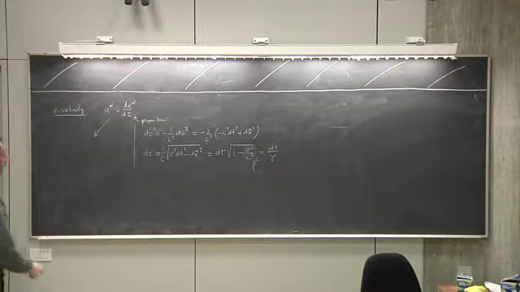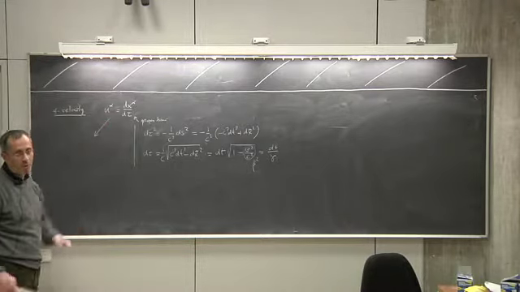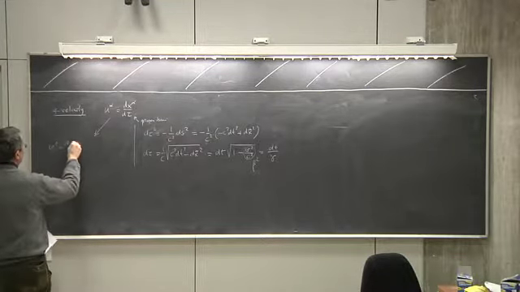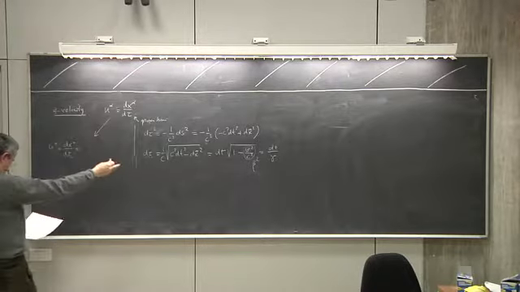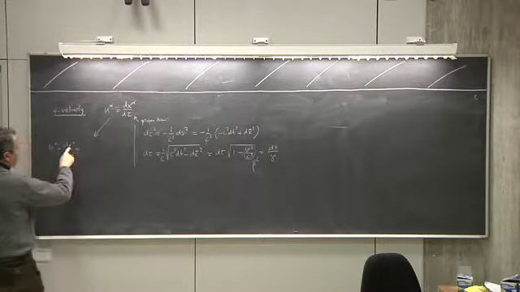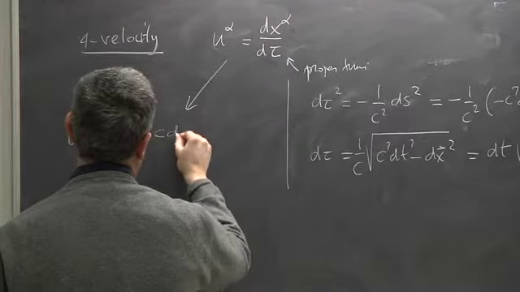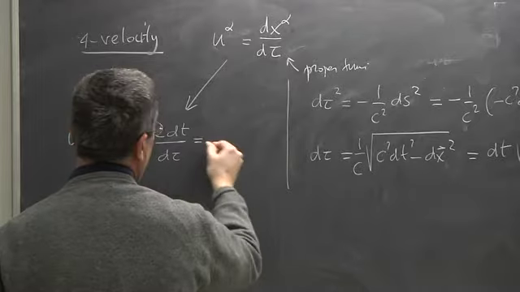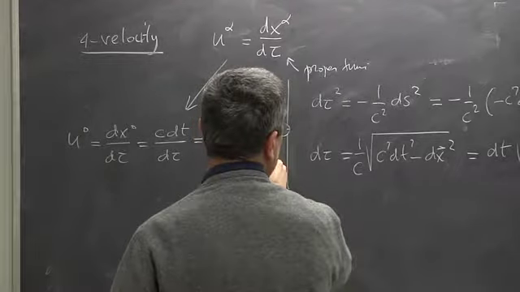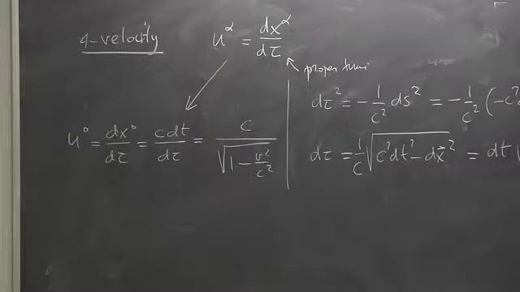Just to understand a little better, let's look at the individual components one by one. So the time component, the u naught, is dx naught divided by d tau. But we have seen that the x naught is defined to be t times c. So it's c dt divided by d tau. And d tau is this thing here, so it's the square root of 1 minus v squared divided by c squared. So that's the